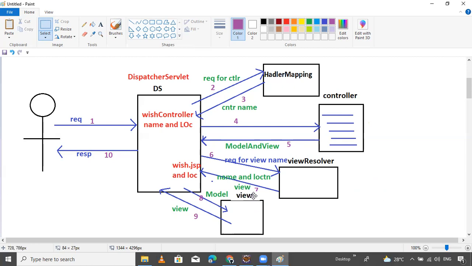This is our total JSP view part. Now, the name and location are returned to your view resolver part. Then the view resolver searches where your name and location exist. There, the model part is prepared and sent back.